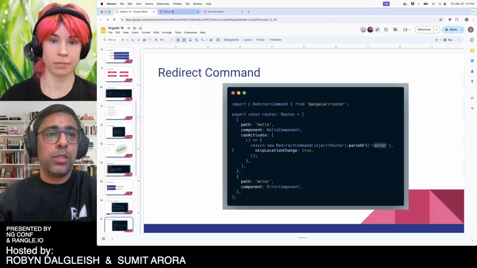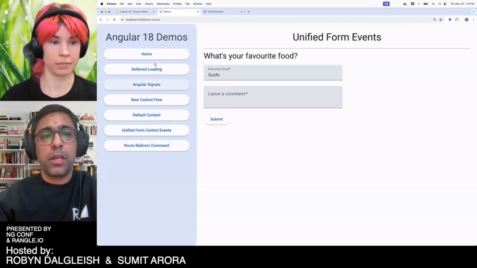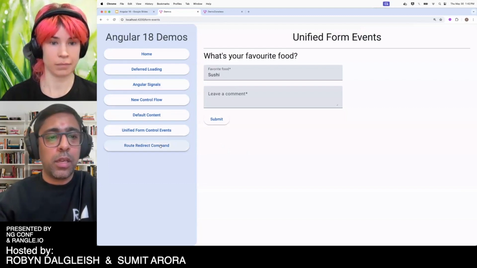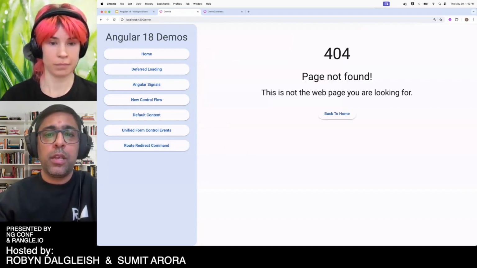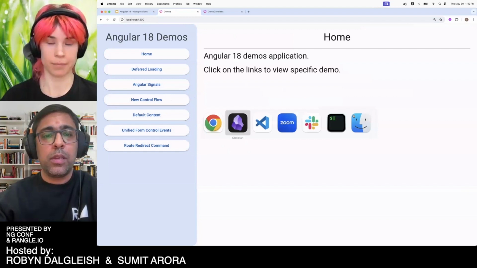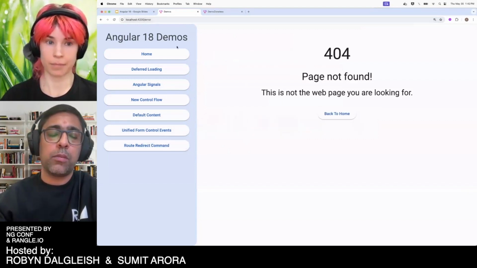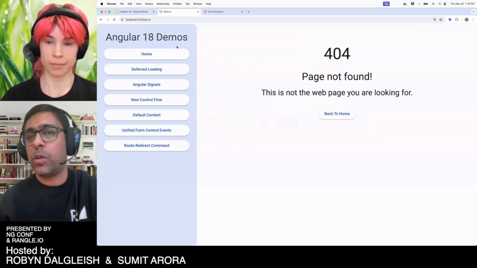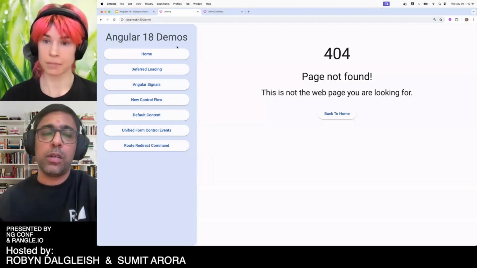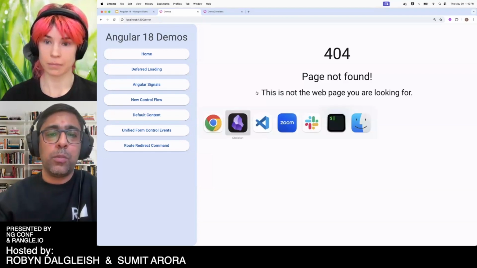I will quickly show that as well. Let's say there's an error or something and you want to redirect the user, you can click here and say, hey, go now. I have been redirected to the error page itself, and you can see the URL getting changed as well. But in certain scenarios, you don't want to change the URL for internal purposes or tracking. What you can even do is